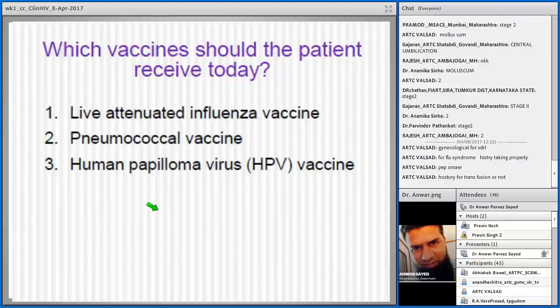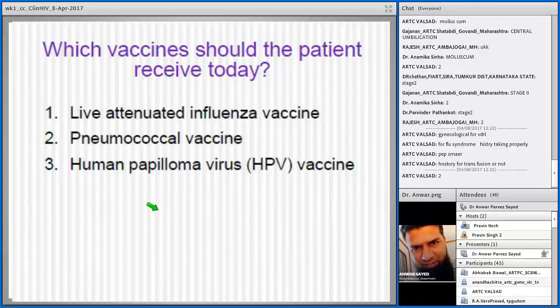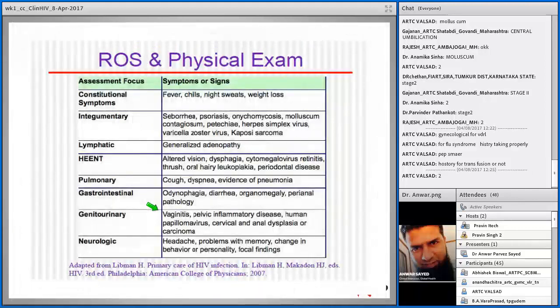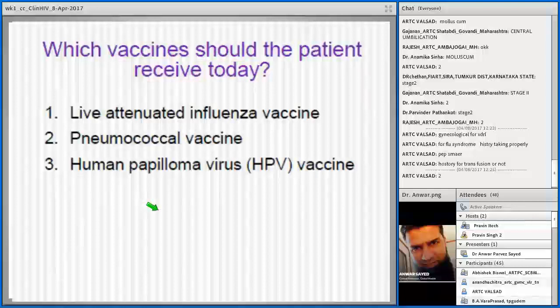Then dermatology is important in HIV. You will see the skin, where you can find out so many things by just looking at the skin, skin lesions and markings of previous lesions. Then lymph node examination, which is in general examination; you see head, ear, eyes, nose and throat. All these are very important because of the specific OIs we just discussed, which can be seen in all those places. Then system examination like pulmonary, gastrointestinal, genitourinary and neurologic examination. All these systems are important for specific reasons, to find out specific diseases.